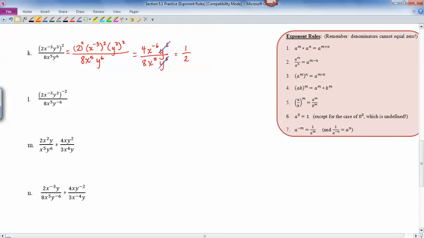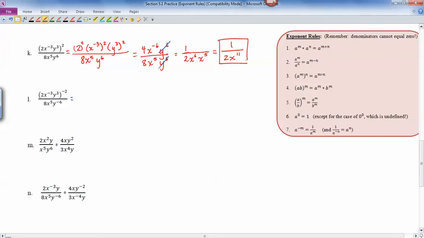The x to the negative 6, to make that a positive 6, I'll put it in the bottom, so it's x to the 6th on the bottom, and then there's nothing left on top. And I still have an x to the 5th floating around on the bottom. So that's going to turn into 1 over 2, and then I have 11 x's multiplied together there. And the next one,